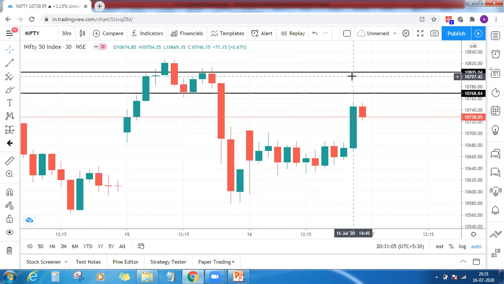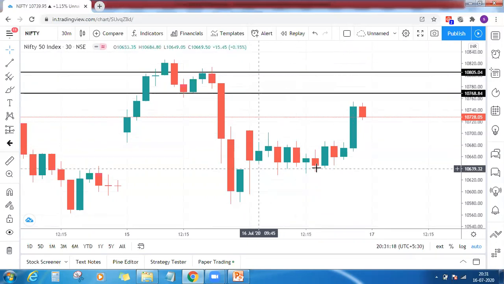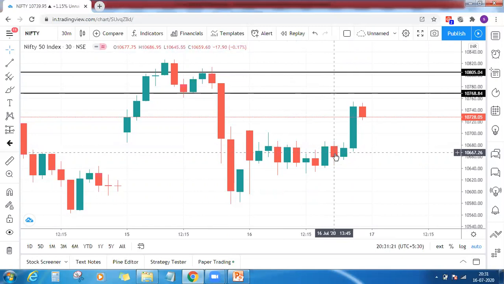So that's what I thought, sir. Moreover, it was 3 o'clock. I had no plans to carry the trade, so I didn't take the trade. I just thought, okay, I'll just check this. If you see before this big green candle, there is kind of a consolidation sandwich. Yes, this one. So if you go to 15 minutes, it clearly shows it's a buy sandwich.